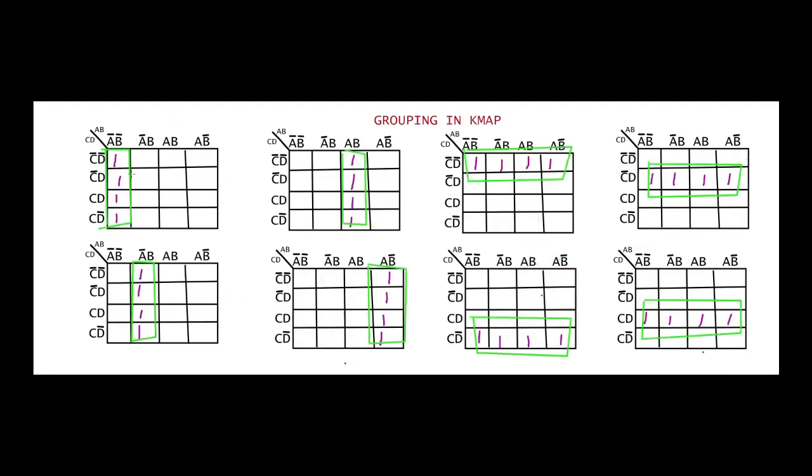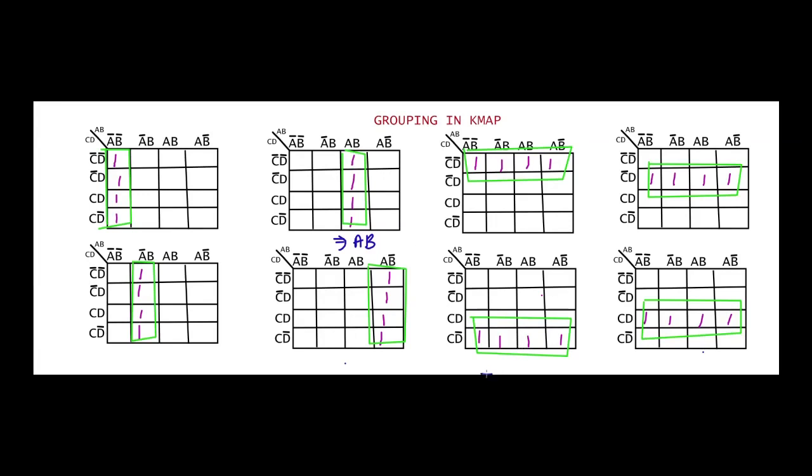Next, here we'll see about groups of four ones, because 2 to the power of 3 was 8. Now 2 to the power of 2 equals 4. Out of all these, I'll write the solution for any 2 K-maps. One will go with this. For this, the common term will be equal to, for 4 ones the common is AB, and here we'll see about this.